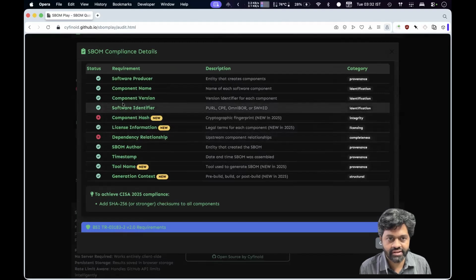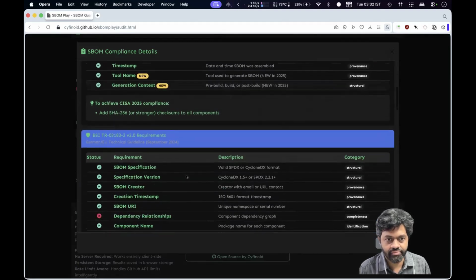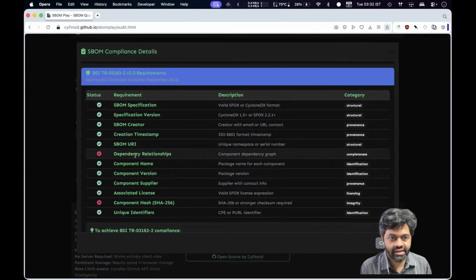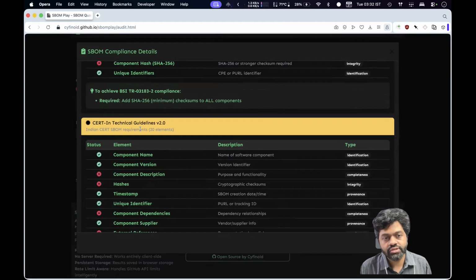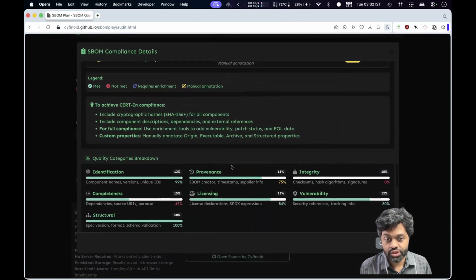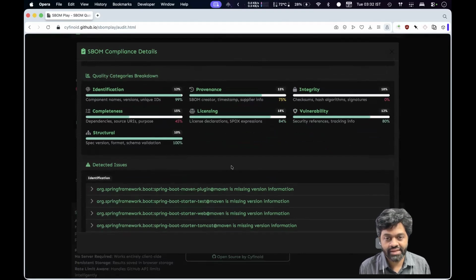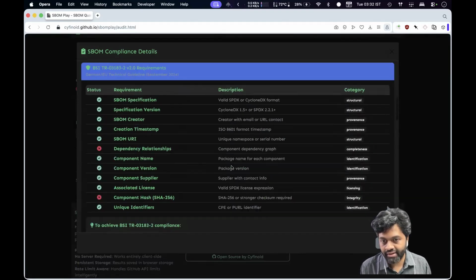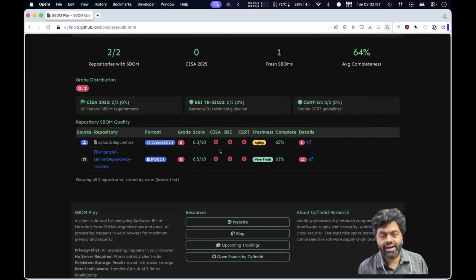So there's no dependency relationship. There's no component hash here. Compared to BSI, we are missing dependency relationship and component hashes. Compared to CERT, we're missing a bunch of more details. So I'm telling you, these are the compliance requirements. Once they're met, then your SBOM would be compatible to